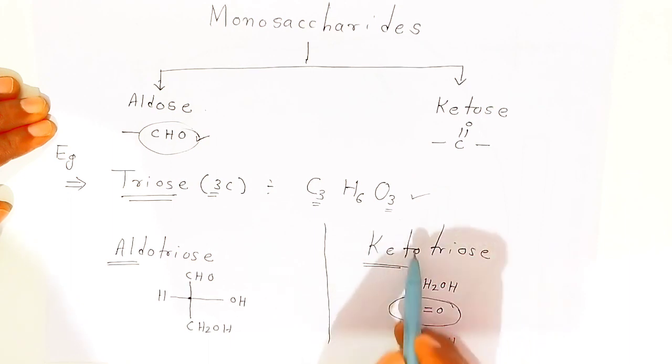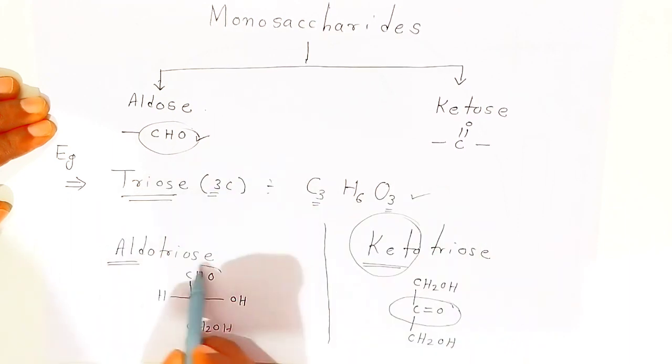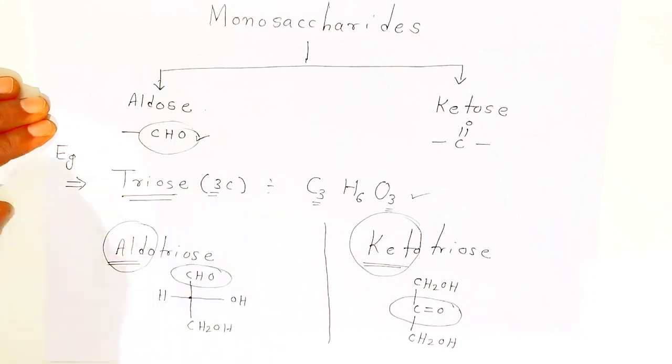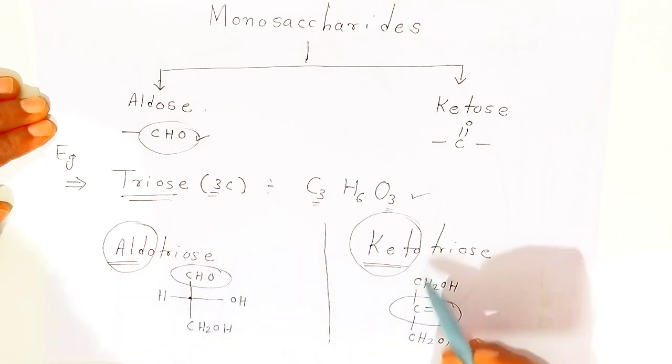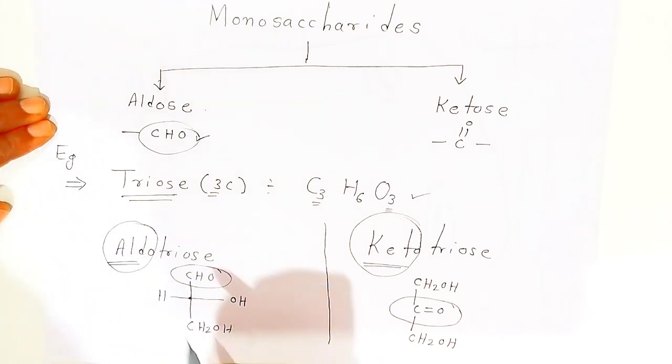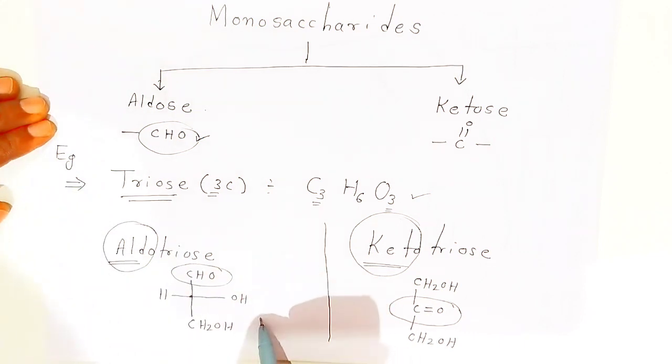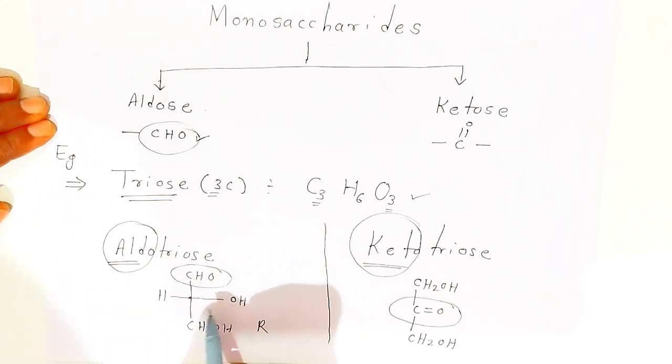Because of this ketone students we call as keto, and because of this aldehyde we call as aldo. Understanding students? So this way we are going to name the compound. Now this is the IUPAC name of this compound, aldo triose, and this is keto triose. Okay students, but the common name will be, because here this OH is present on right hand side, so depending upon this OH group we call as